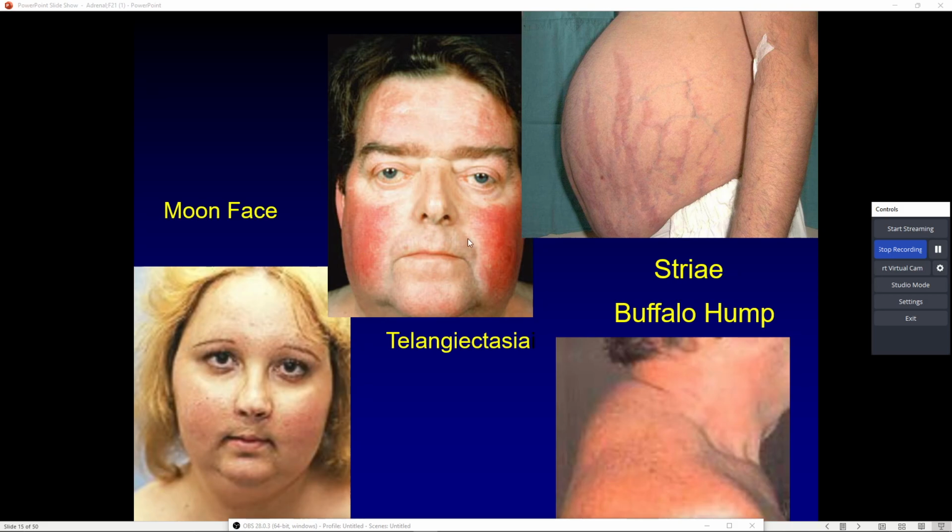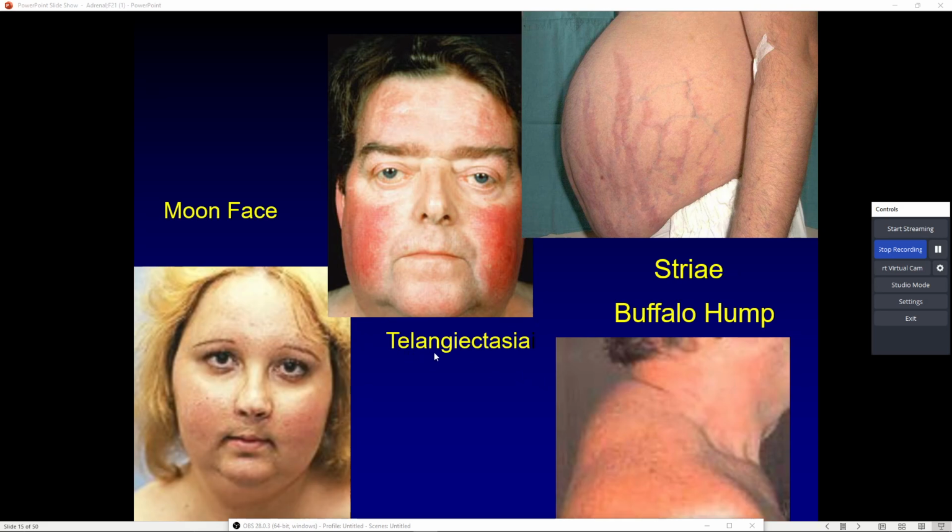Okay, we see the flushed, pink tissues. All right, see that? The striae. Yeah, those are stretch marks. Yes, they are, but they're also very vascular stretch marks. Typically, stretch marks begin to try to heal. These will not. You can even see, if you look closely, the vasculature through these stretch marks. It's very different than a normal stretch mark. Okay, and then we see that buffalo hump, that fat deposit near the cervical vertebrae.